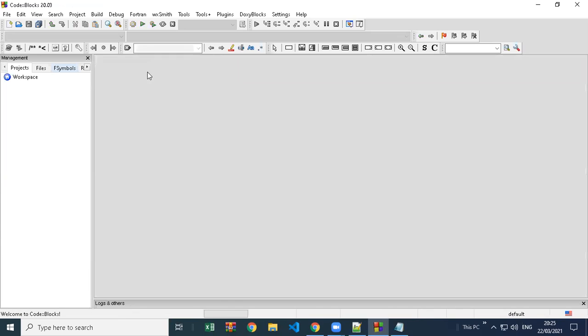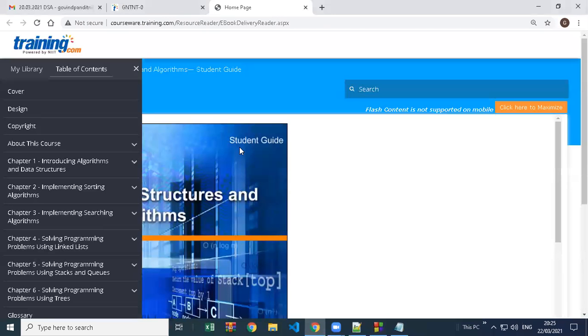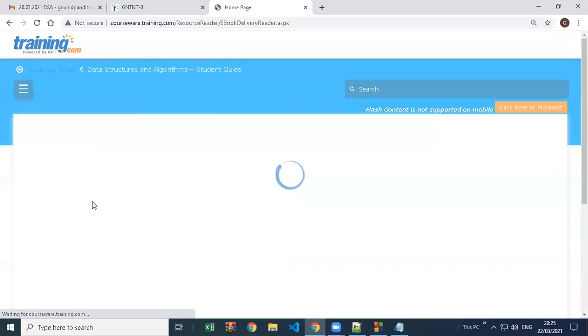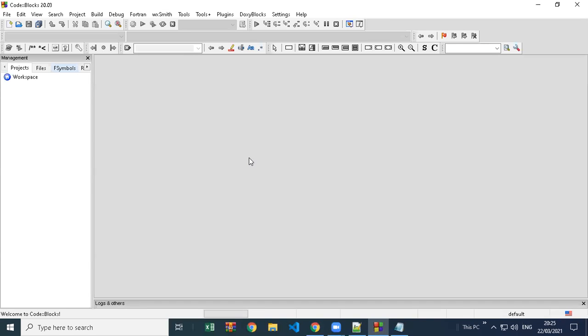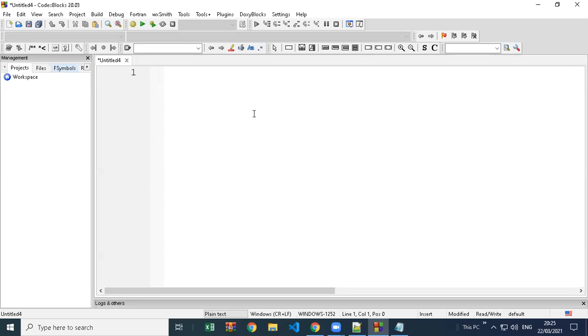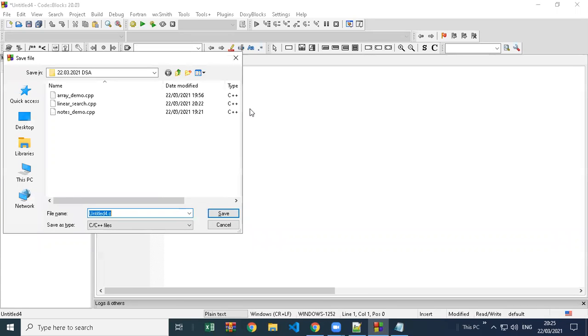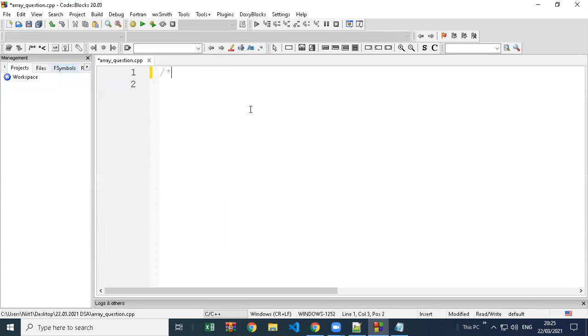Okay, so for today I will give you one more homework question, because that one was a simple one. This is also based on array and loop. The question is: write a program to create an array.